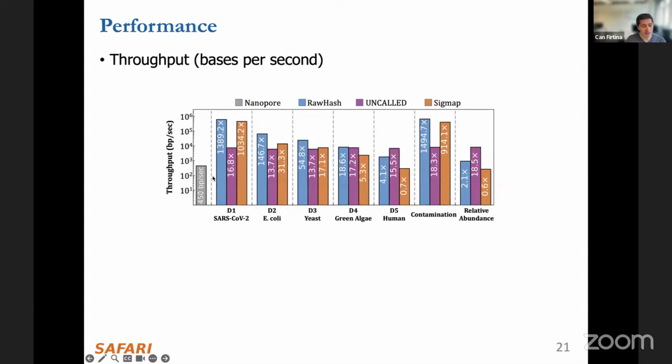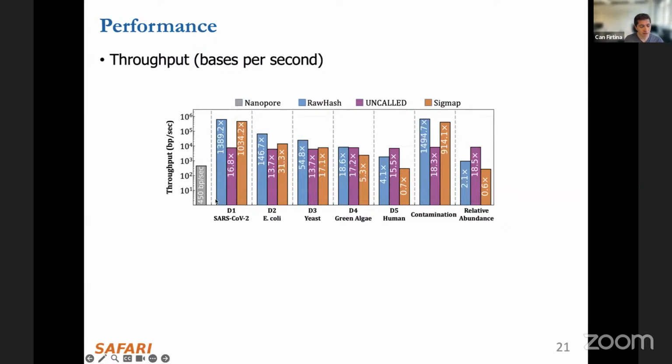So the goal is to actually be able to analyze at least that amount of bases in a second, so that we're always faster than the throughput of the nanopore sequencer. And if a certain tool for a particular data set is below that particular throughput value, then we can safely tell that that particular tool cannot perform real-time analysis for the particular system that we tested the tool